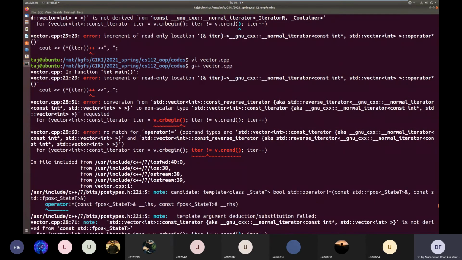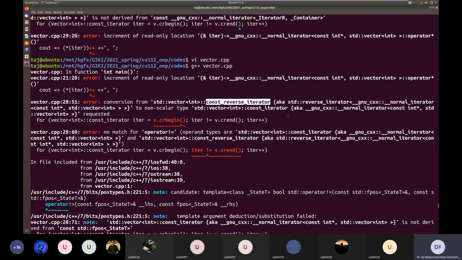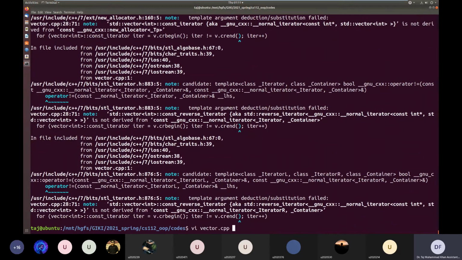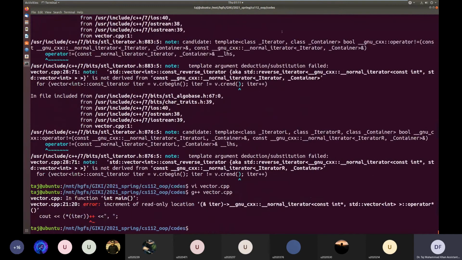Sorry, it's const reverse iterator. So reverse iterator, it should be specified. So all these iterators, since this functionality is different, they have names. Const reverse iterator. It's not happy again.